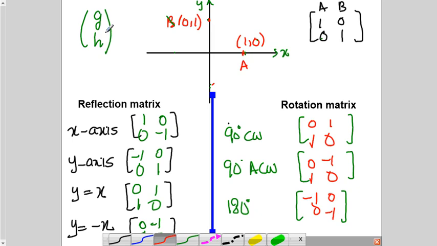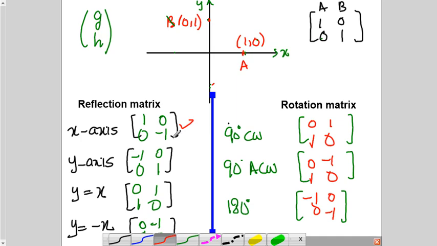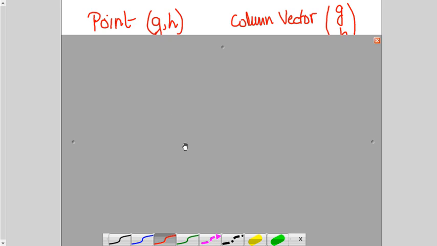So now I will multiply this point by this first, because you know the point P is going through reflection first and then through rotation. And after that, whatever my answer will come, I will multiply it by this 90-degree clockwise. Okay. Sorry, 90-degree clockwise. A is 0, -1. This is -1. Sorry. Right. So let's do it on the next page.